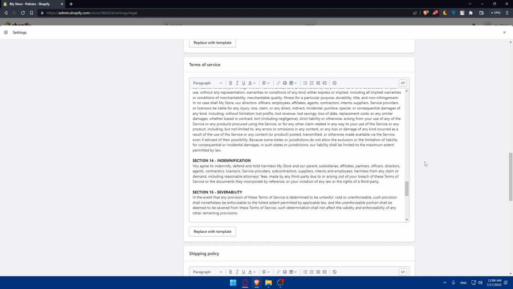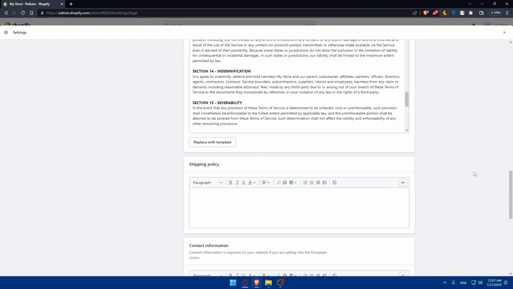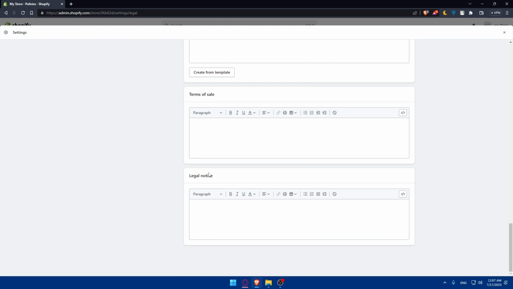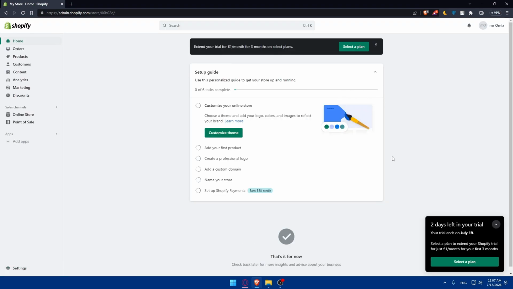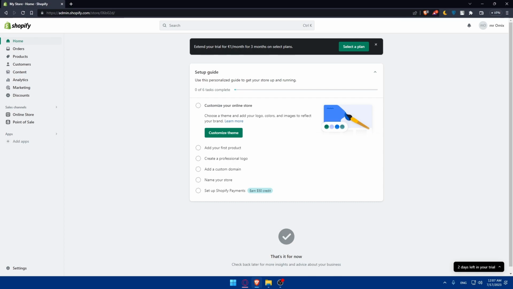And other than that, you can add other policies that I told you about before, like shipping policy, contact information, terms of sales, and legal notice. Once you're done with everything, or once you've created and customized your policies, you can click on the save button, as I said before, to publish them. After publishing each policy, you will have a unique URL. You can copy the URL of each policy and paste it on the buttons on your store. And of course, you can add your policy links, as we said, on your store, then customize the appearance of them. And then you can go and open a new tab on your browser, go to your store and test